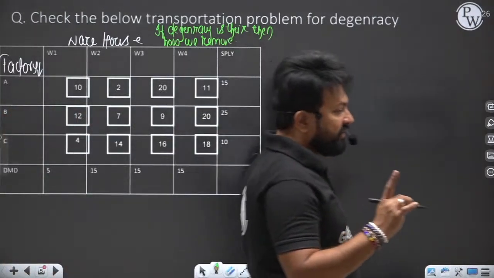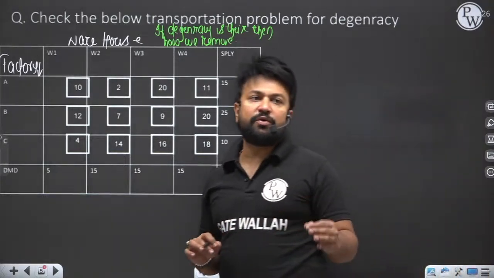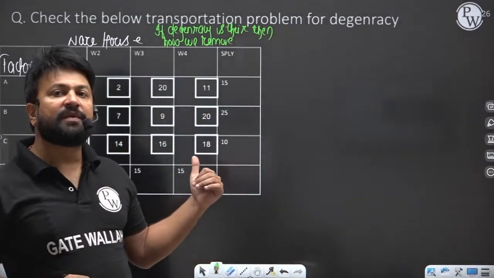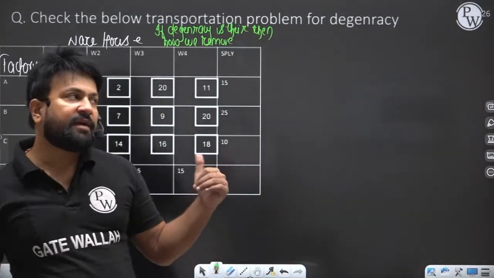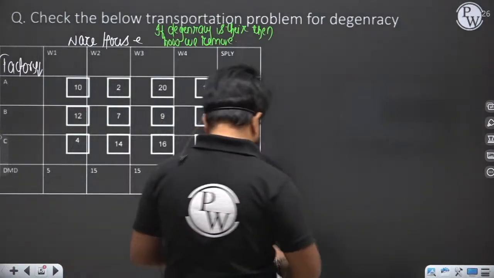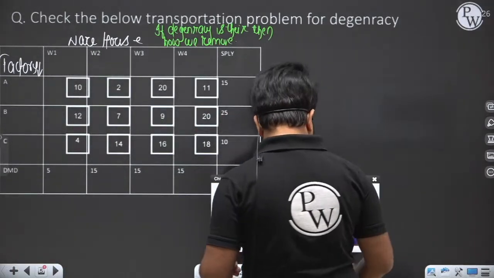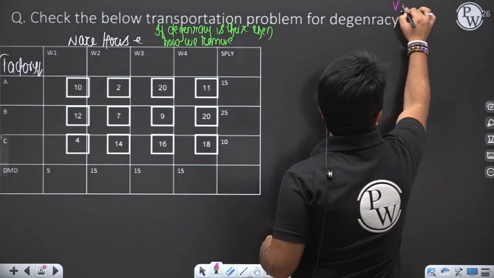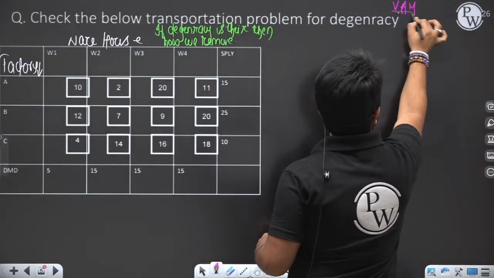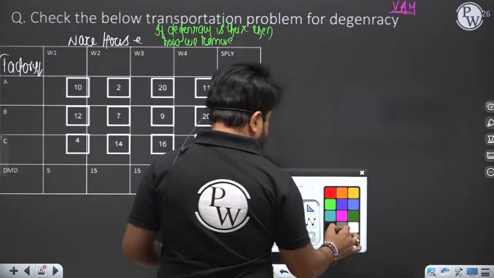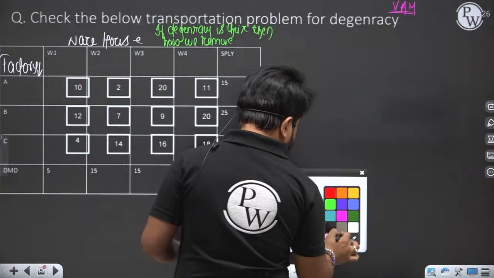If the examiner is not going to tell you by which method you have to solve this problem, then by default you have to solve it by the Vogel approximation method. Am I clear? So by Vogel approximation method,